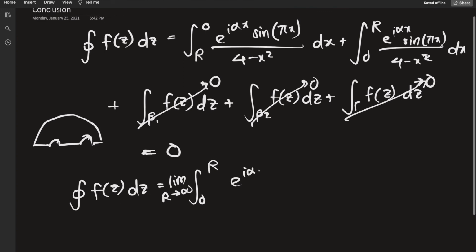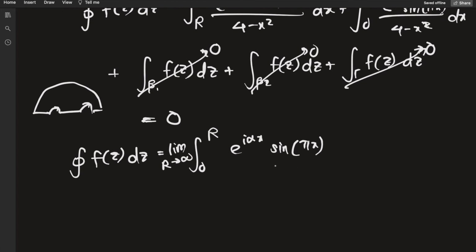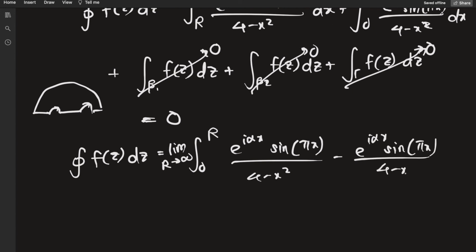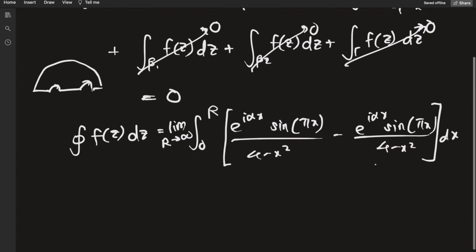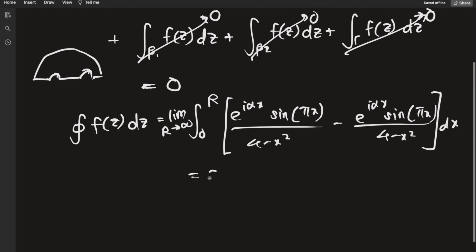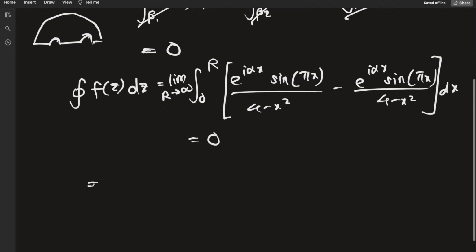So e to the i alpha x sine of pi x over 4 minus x squared, minus e to the i alpha x sine of pi x over 4 minus x squared dx. And it gives 0 by Cauchy-Goursat, which implies that the integral from 0 to infinity of sine of pi x over 4 minus x squared